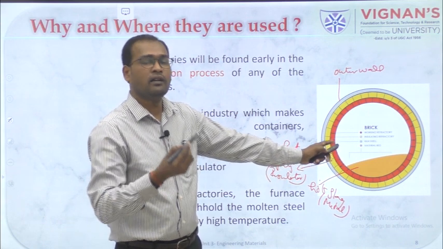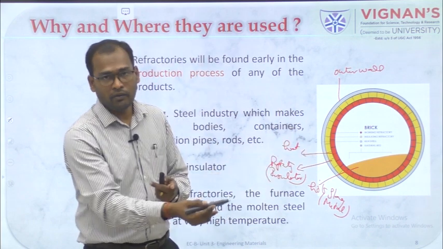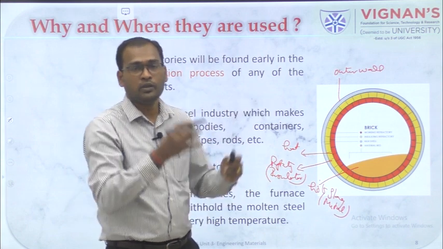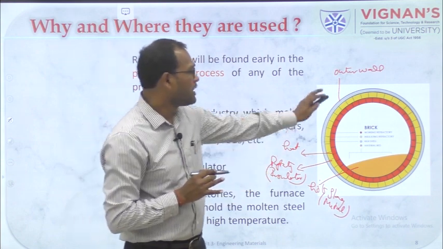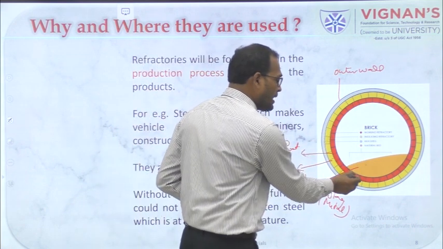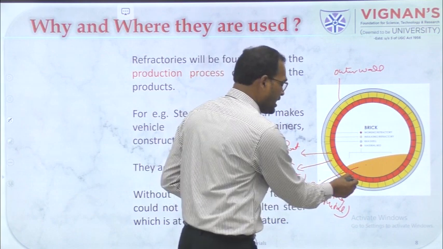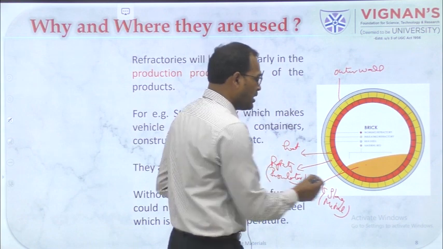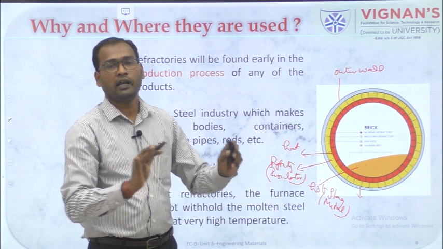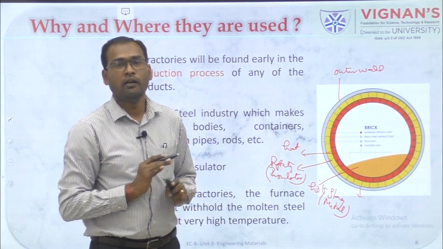There are different ovens or furnaces where they use multiple layers of refractory materials so that the heat will not be conducted to the outer surface. So this is how it looks inside. The hot slag will be there and the heat will be contained by the inner refractory material, and further insulated by the second refractory material, thereby saving the outer shell. This is how a refractory works and how it looks in a furnace.